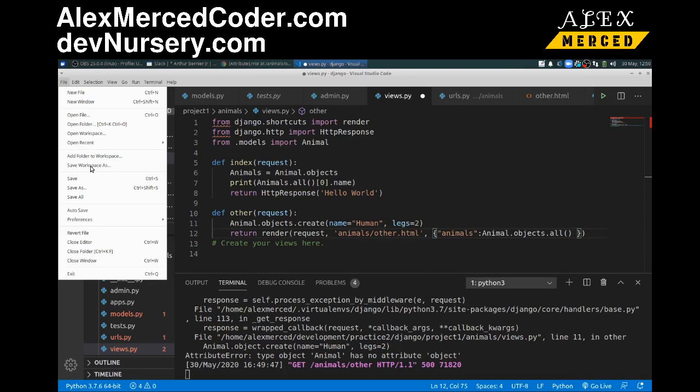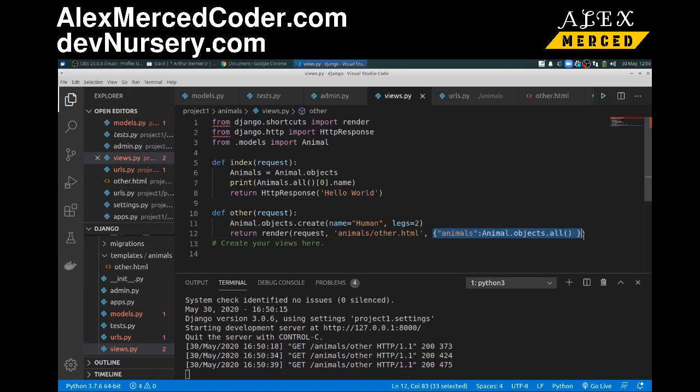Okay, so again, this is how you send data to your views. So again, you use the render function. You're going to send in the request object. You're going to send the URL to the template. And then we're going to send a dictionary with any data we want to send down. Okay, and then that's pretty much how that works. And again, then in the actual template, you just use Jinja to print out any data that you have from your